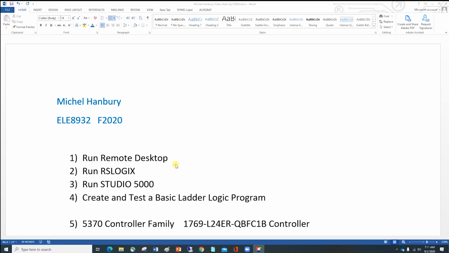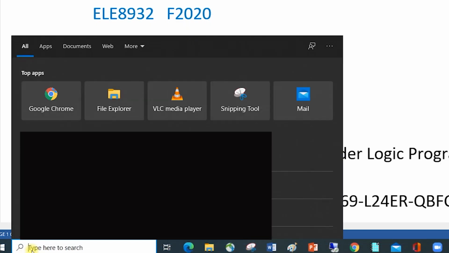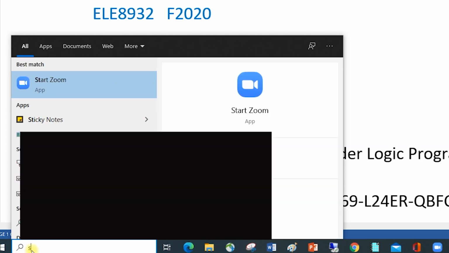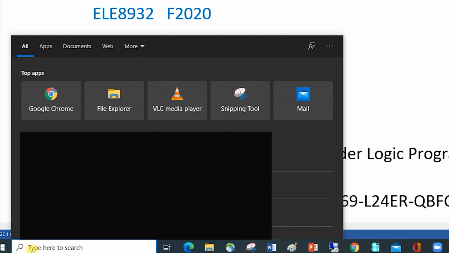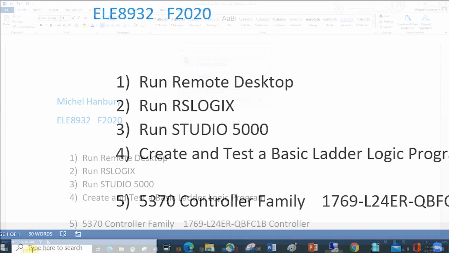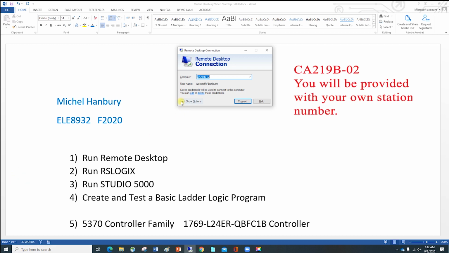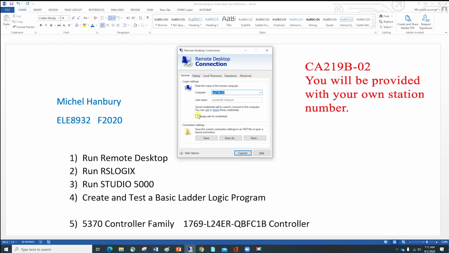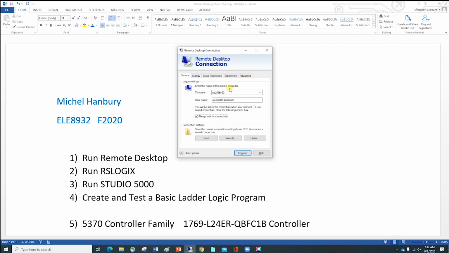So to do that, the very first thing that you have to do is in the Windows search bar, type in remote desktop. When you see it, click on it, and then show options, and then always ask for credentials, and make sure you have Woodruff in front of your username. So my username is Hanberm, and this is the machine I want to connect to. I'll be giving you the machine number that you'll be connecting to. So once you've done all that, click on connect,